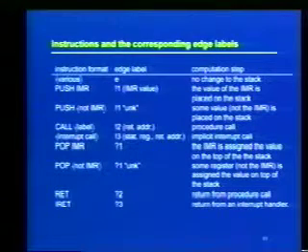Since we want to know in every node the exact value of the PC and the exact value of the IMR, pushing it on the stack means, great, there goes the value of the register, but the register didn't change, so that's fine. However, when we later on pop the thing back from the stack, if we don't know what it is, then you can imagine a node in the flow graph that, at the point where it should say bits for the IMR, would say question mark, or we don't know what it is. And so we cannot live with that. We need to know what the IMR is all the time.